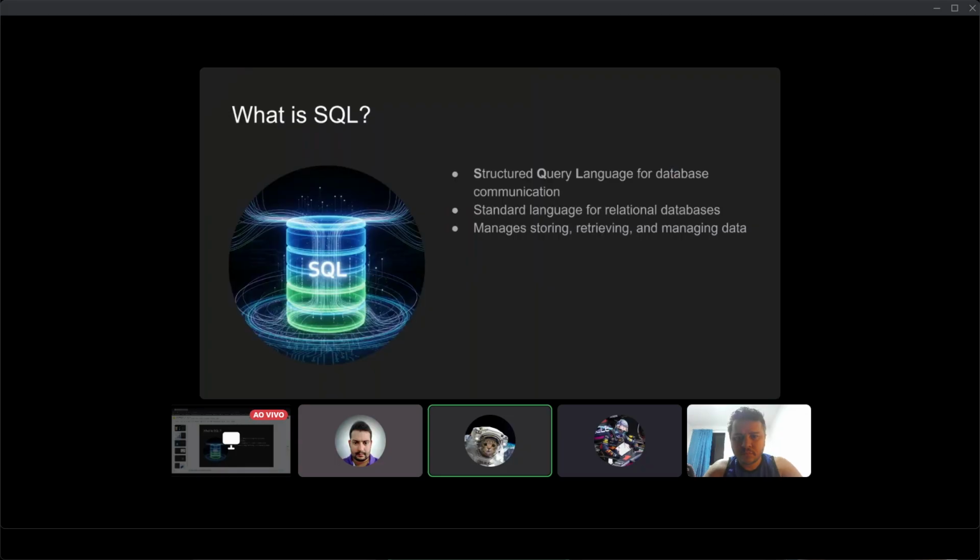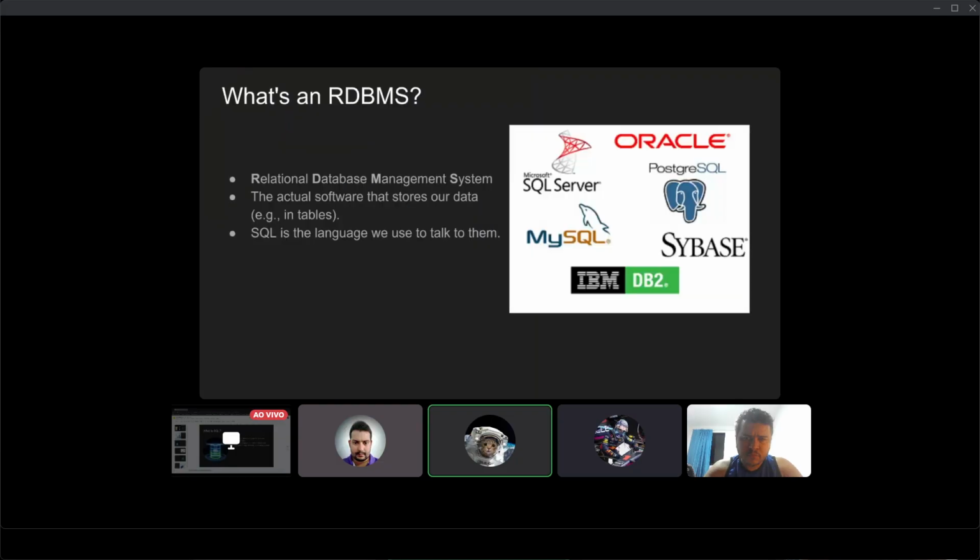So it's SQL. It's used for storing, retrieving, and managing data. And what are RDBMSs? Well, we talked about SQL before. RDBMS is another acronym, which stands for Relational Database Management System, as we discussed. H2, for example, is an in-memory RDBMS implementation, but still following the SQL structure.